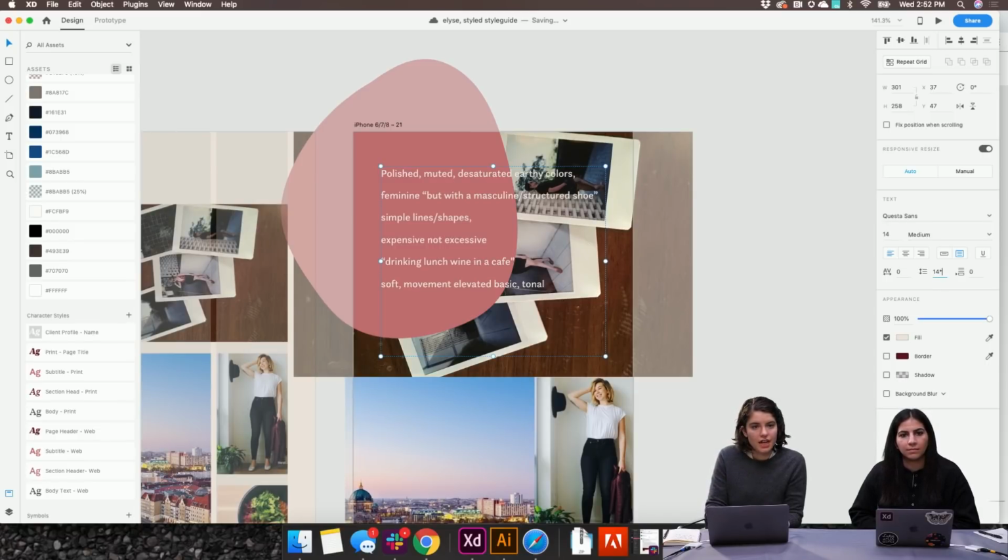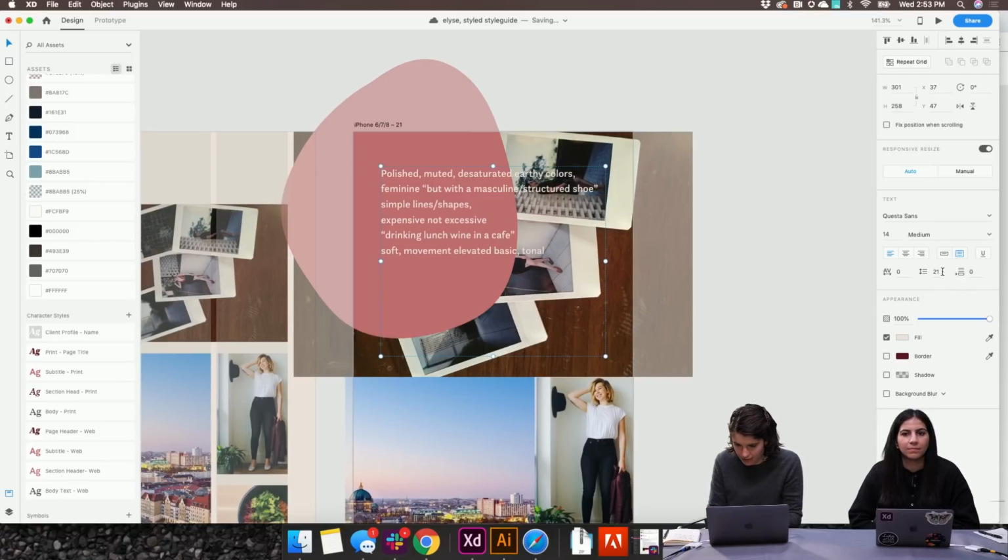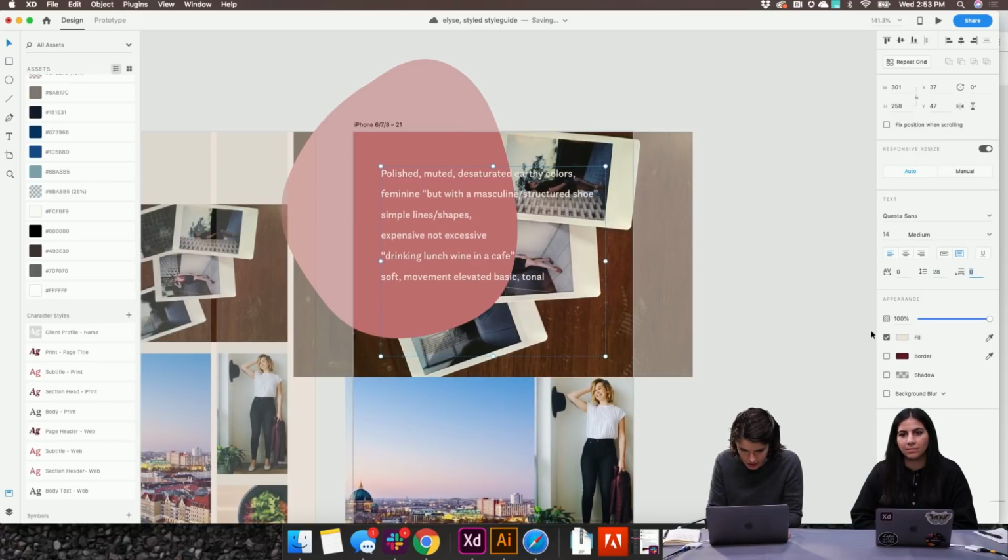So I'm just playing with a way to have text that's readable, and now I'm playing with my line height. I almost missed that. What if that's like 28?